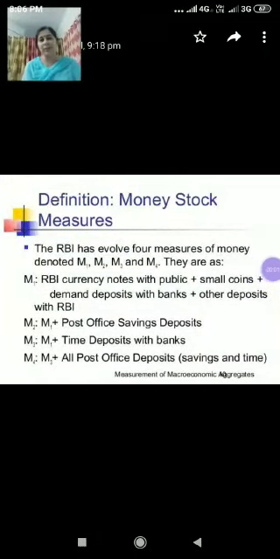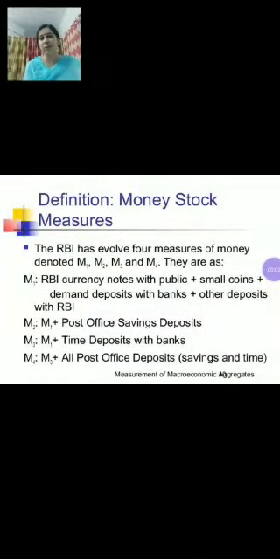Now children, we need to talk about the next topic related to money supply, that is measures of money supply in India. Children, in India, RBI, that is the Central Bank of our country, uses four measures of money supply, which are M1, M2, M3 and M4. Broadly, these measures differ from each other in terms of different degrees of liquidity, that is, how easily an asset can be converted into cash, and the rate of return or interest rate.